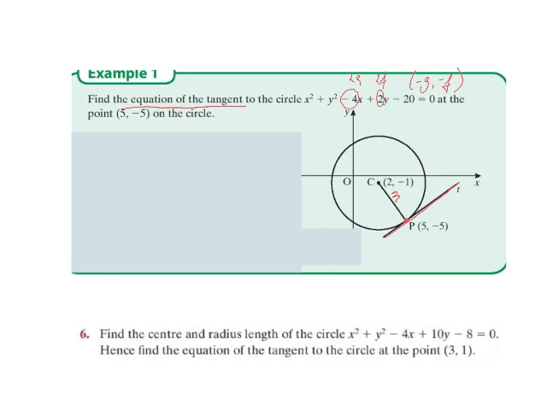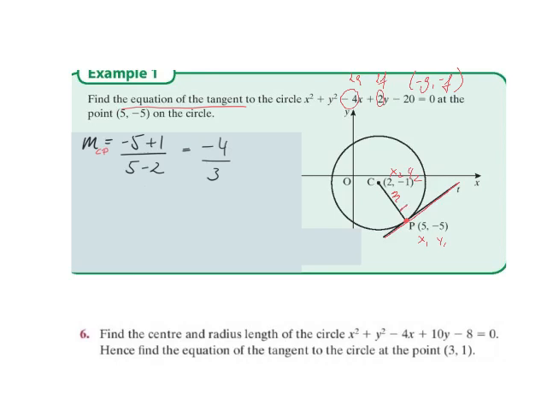Okay, so if we label it x1, y1, x2, y2, then we can easily calculate the slope. M equals minus 5, minus minus, which is plus 1, over 5 minus 2. So that gives me minus 4 over 3. So now that I have the slope of the line CP,